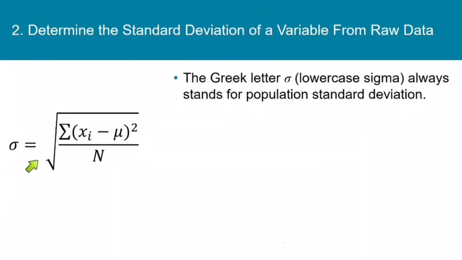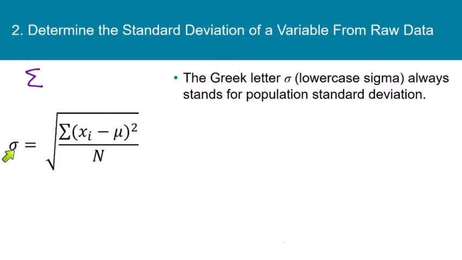So now here's the formula for population standard deviation, and notice that it has a Greek letter for its symbol because it is a population value. The Greek letter lowercase sigma always stands for population standard deviation. So S for sigma, S for standard. Now I don't want you to get confused. This was capital sigma, and this symbol stands for sum. But this is lowercase sigma, and this stands for